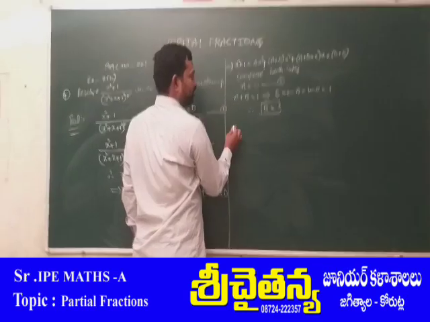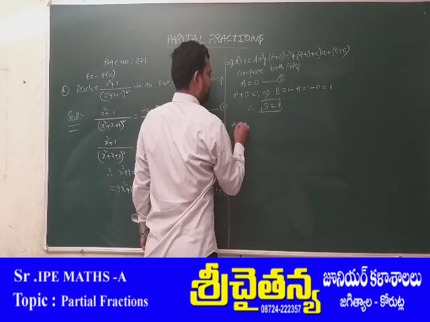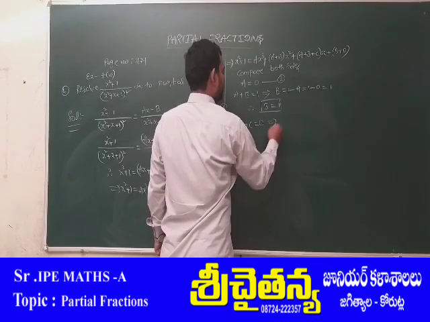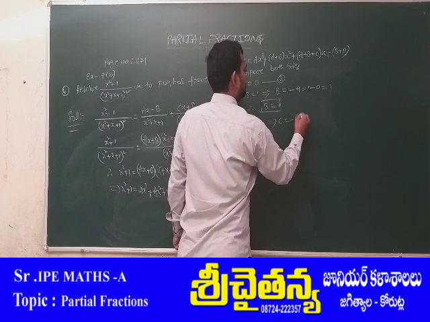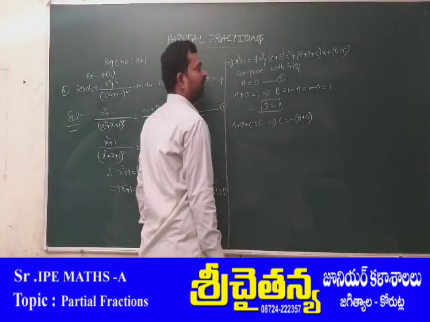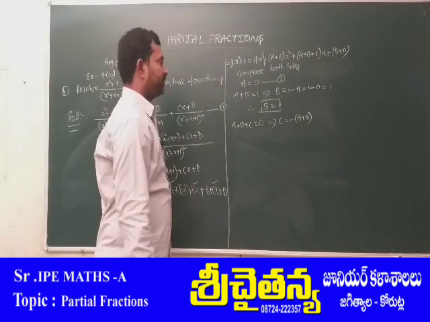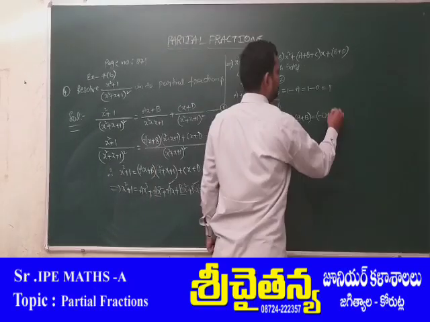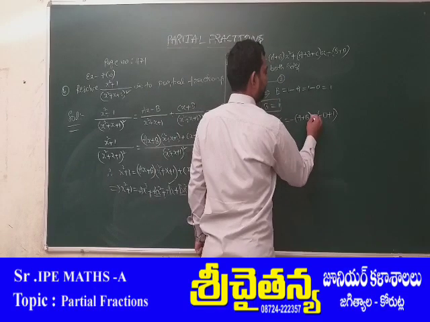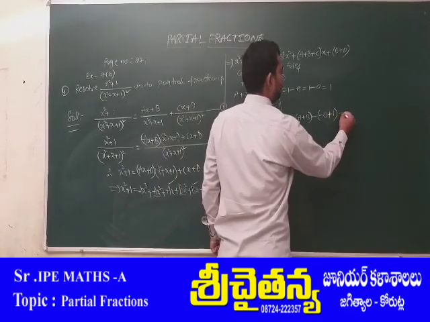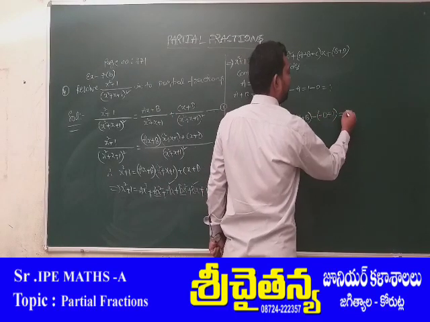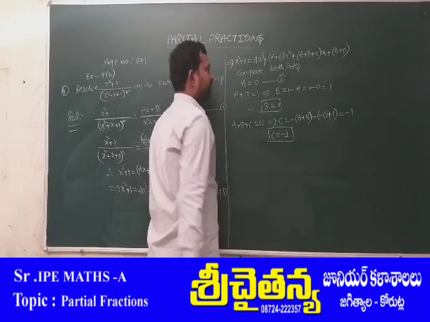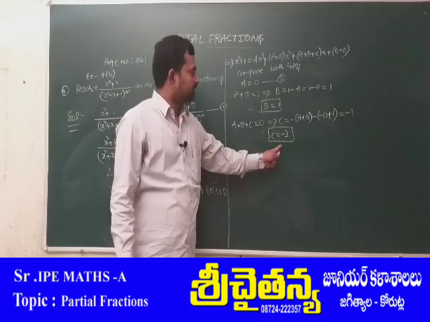So this is the x cube quotient. This is the x square quotient. Now equate x coefficients: a plus b plus c is equals to, what is the x quotient? Here also 0. That means c is equals to minus of a plus b. C equals to minus of a plus b, with a equals to 0 plus b is equals to how much? 1. So that means minus of 0 plus 1 is 1, minus 1. Therefore c is equals to how much? Minus 1. What are we getting? A equals to 0, b equals to 1, c equals to minus 1.